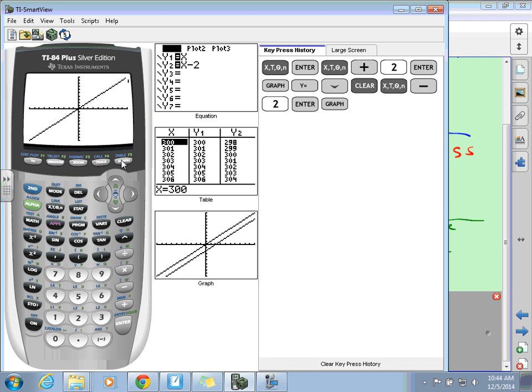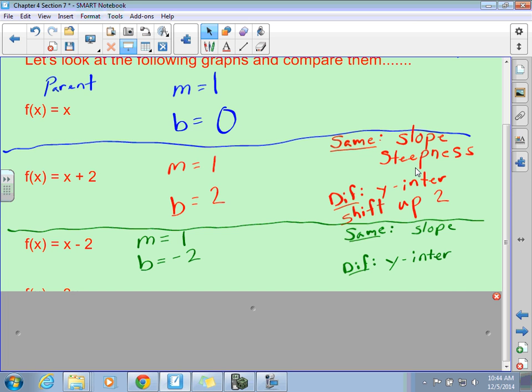The steepness is the same. What's different? It shifted down 2. That's correct. Okay. So let's go back to the same, the steepness. What's different? Shift down